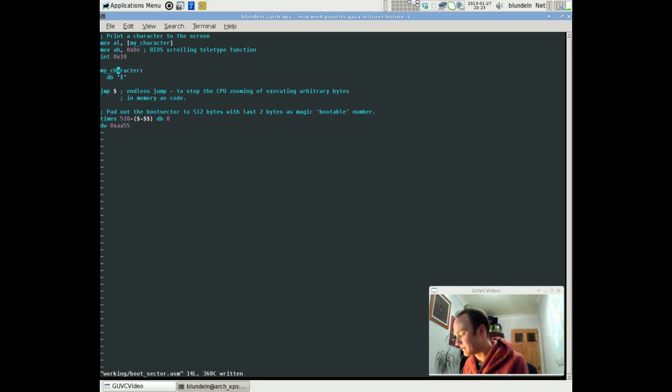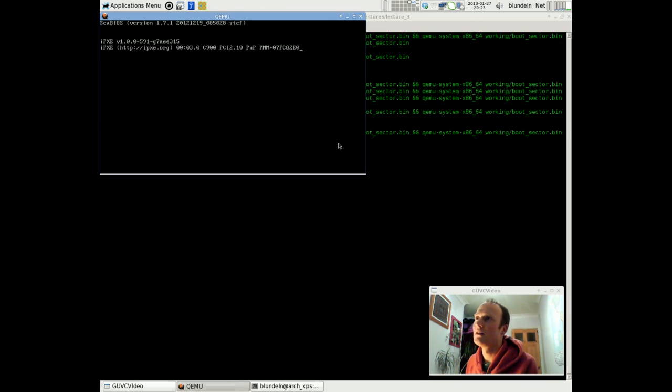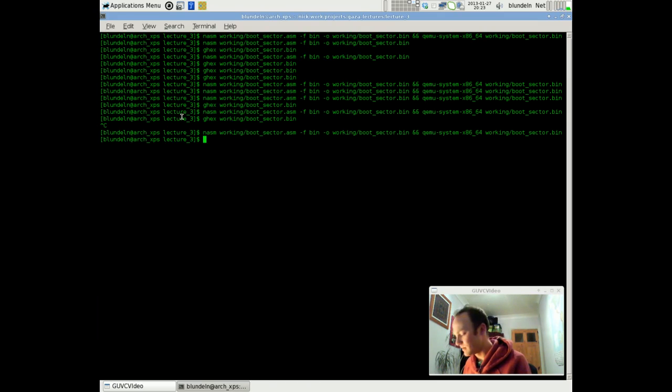That's what we want. This is similar to what I did before, but now I'm using the label instead of the offset. But if we do this, we'll see that it doesn't print properly. It prints the wrong thing. There you go, that's not X. But what we can do